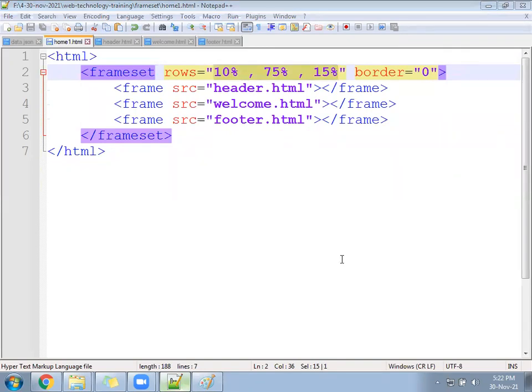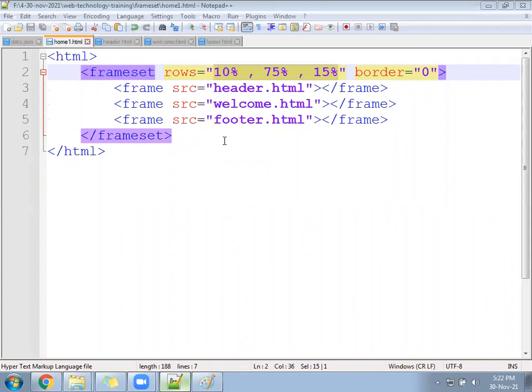Send your code, I will guide you. Send the code of the home file. What is the problem? Frameset rows equal to 10%, 75%, 15%.